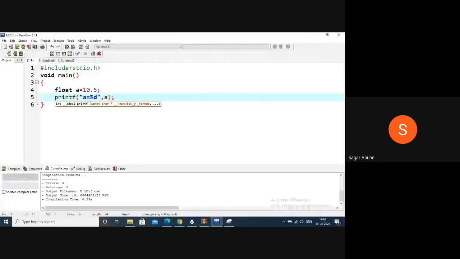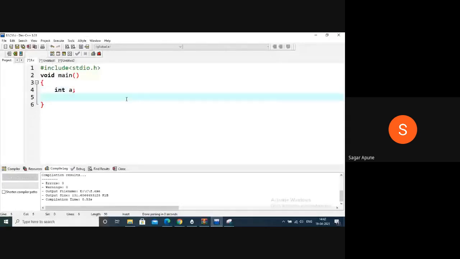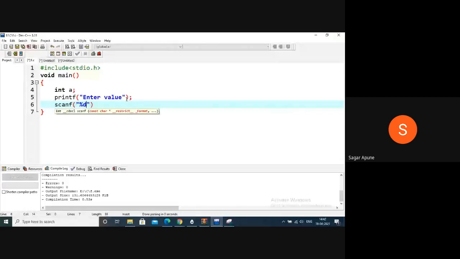So check here: integer a, and here I give a message to the user, printf enter value, and I want to store this value inside a. So use scanf %d, and you have to use &a, which means it stores the entered value inside the a variable. It represents the address of a variable, the memory address of a variable.